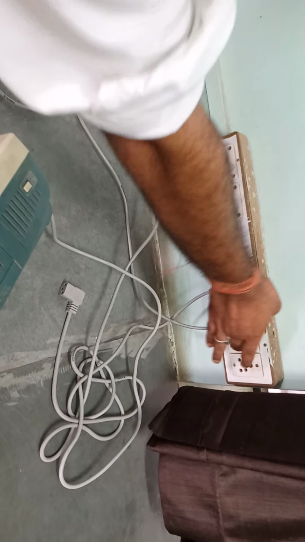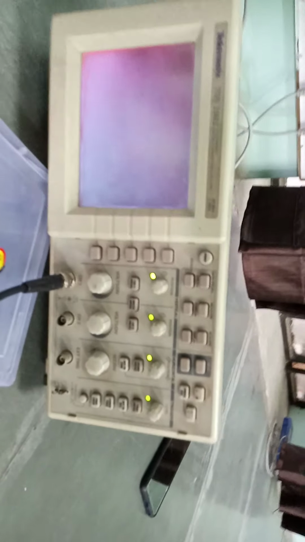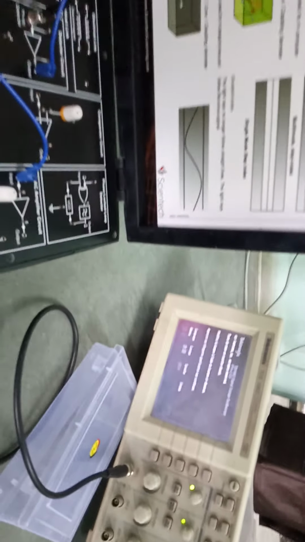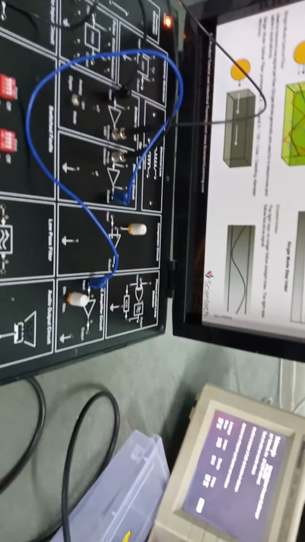So let me switch this on. I have switched this on, so now I will show you the waveform. Let the DSO start. I already told you the basic definitions of all those things. Whatever we learned in the class, we already took three classes for the theoretical part, and I told you that I will show you the experiment on the kit whenever it is available. So I will show you the input and output waveforms.